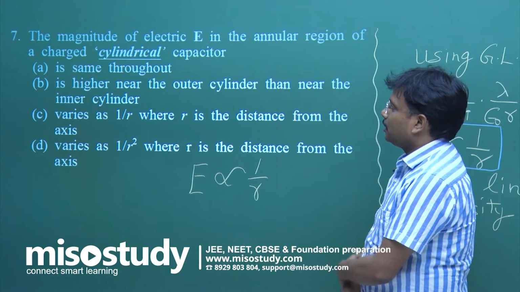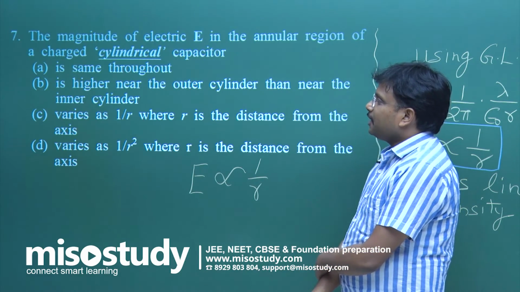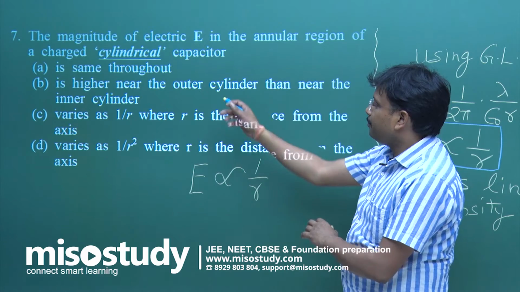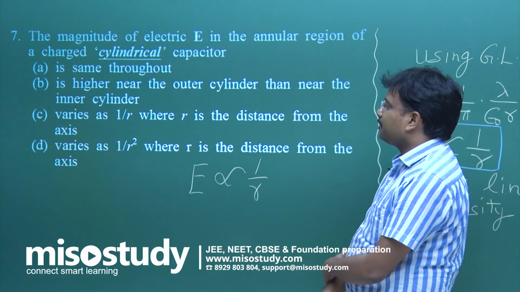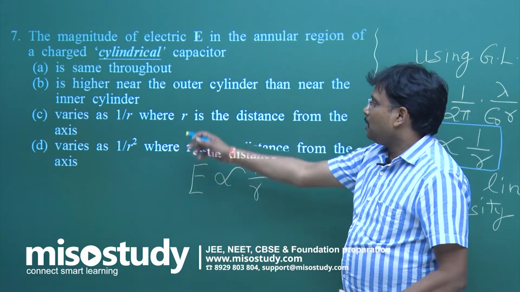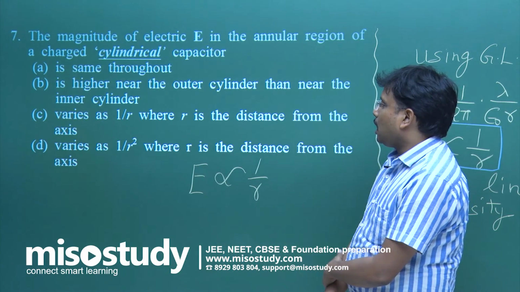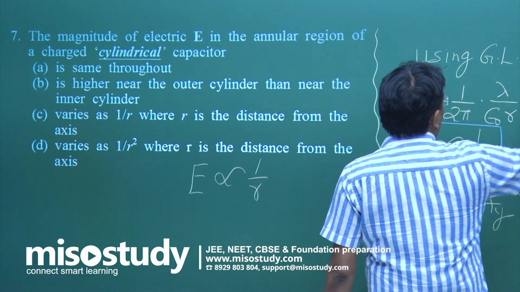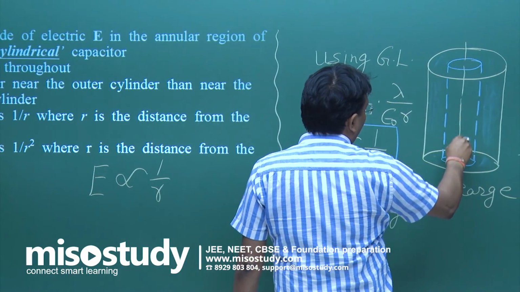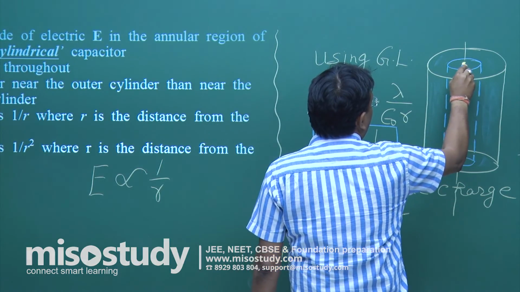So now let us start. Electric field is the same throughout? No. E is higher near the outer cylinder than near the inner cylinder? No. Varies as 1 upon R, where R is the distance from the axis. So what I mentioned, this is your axis and this distance